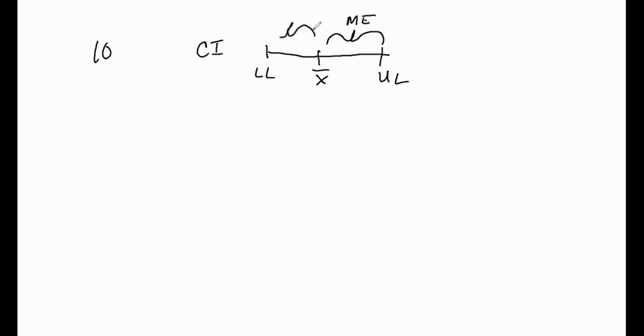And that's not something StatCrunch figures for you. That's something that we have to calculate. That's something you have to figure yourself, is that when you have the confidence interval, you have an interval of numbers with the lower limit on one side and the upper limit on the other, and X bar is in the middle. So the margin of error is on either side of that X bar, like this. So if we know the lower limit's 80 and the upper limit's 100,